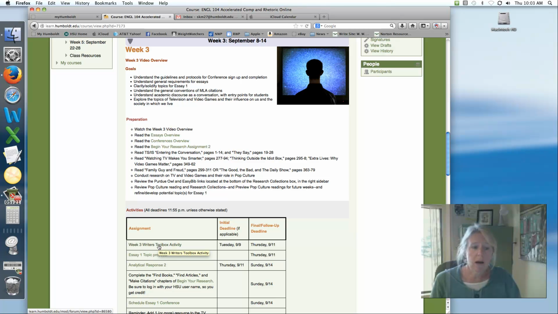So please participate in that. That means it is a 2-part activity, so it has a requirement for a Tuesday completion and a Thursday completion. And these are shorter types of assignments than the analytical responses, which are more in depth. So there's a little bit less turnaround between the 2 parts.